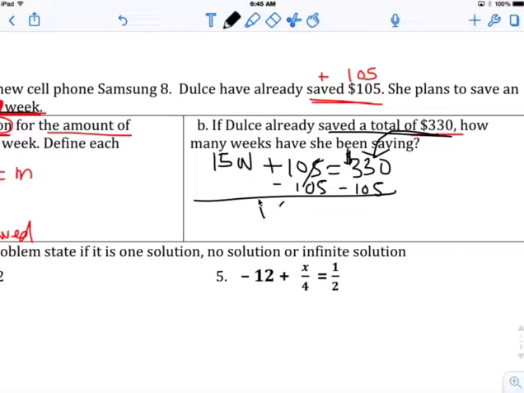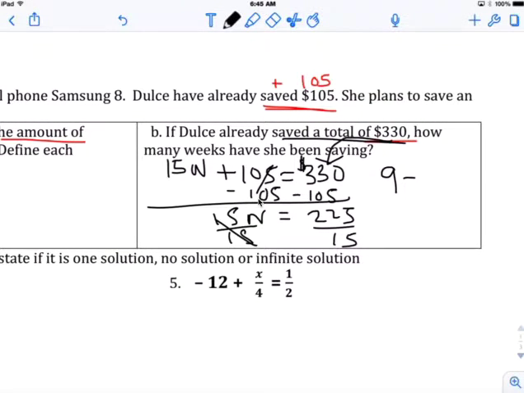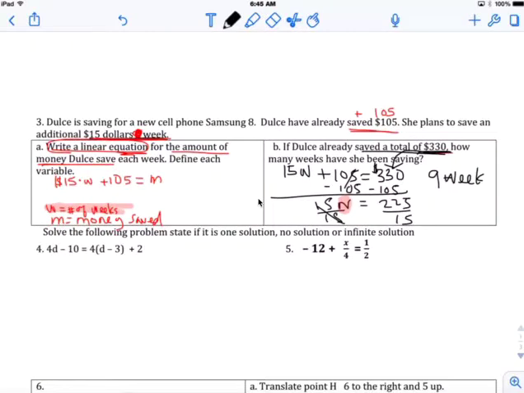Subtract 105, you get 15W equals 225. Divide by 15, divide by 15. You should get 9 weeks. Since W stands for the number of weeks, you get 9 weeks. She saved $330. Not bad. I don't know what that sound is. Anyways,